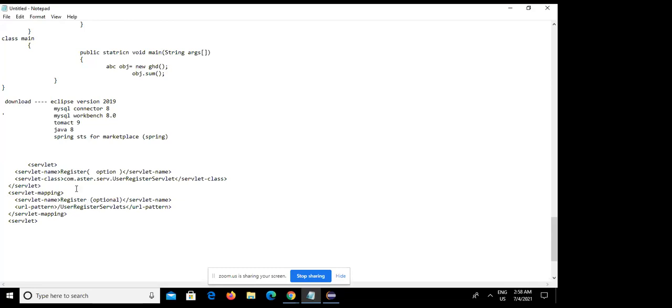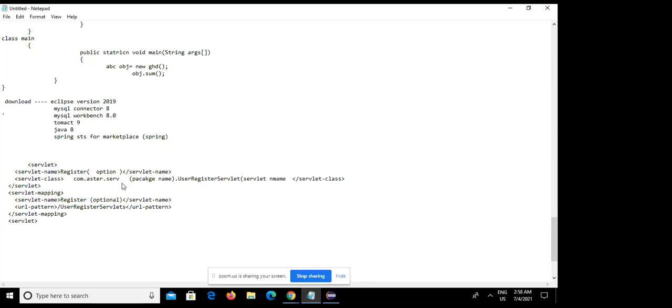Now come to this line. See, com.ester.serve, till here it is a package. And what about this? This is your servlet.